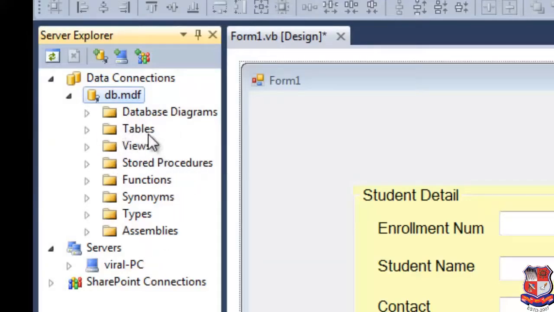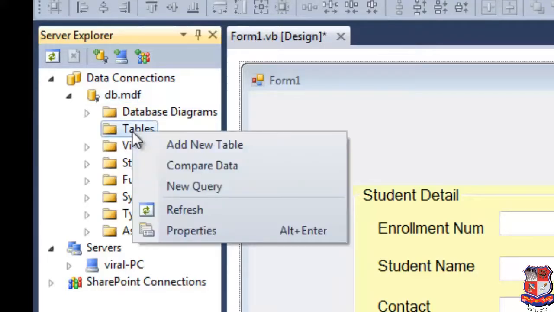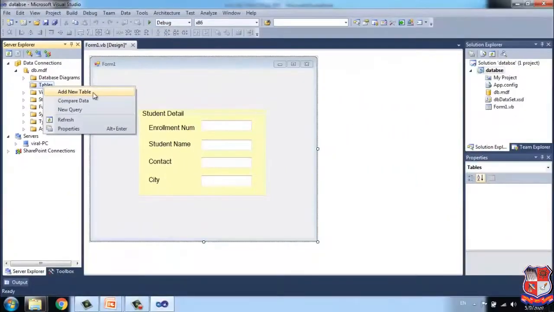Here you can see a Tables folder. Click on its arrow. At this time there is no table, so we have to create a new table. To create a new table, simply right click on it and click on add new table.